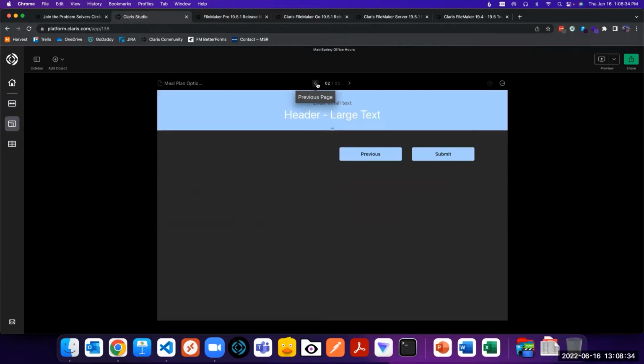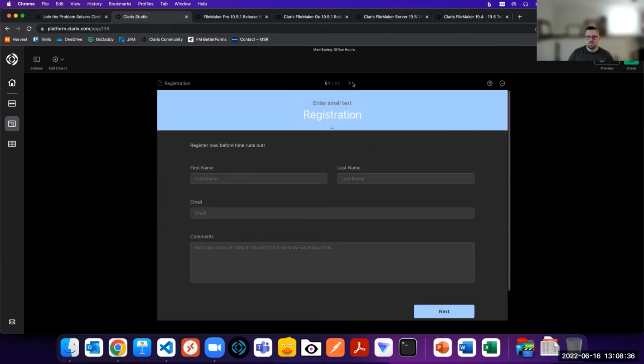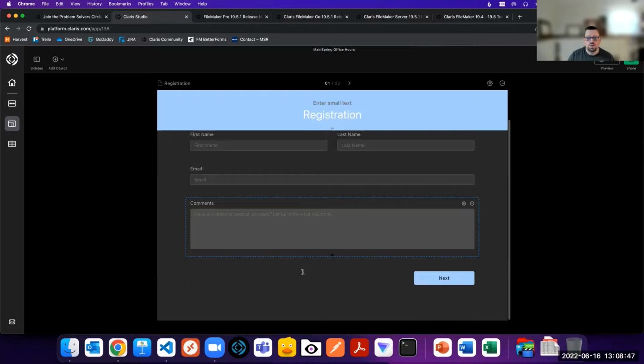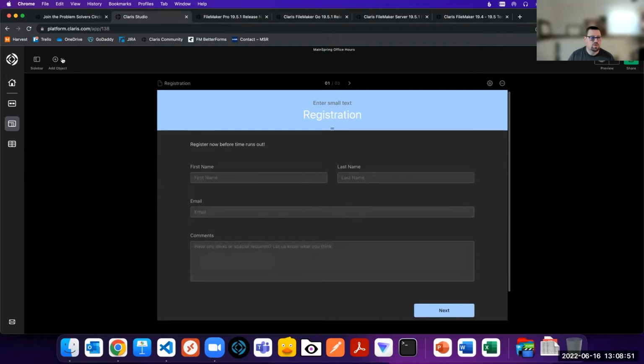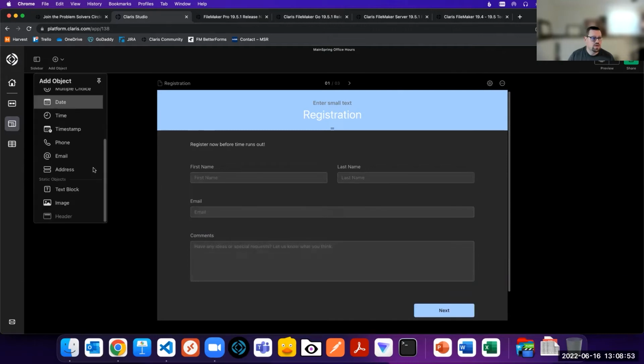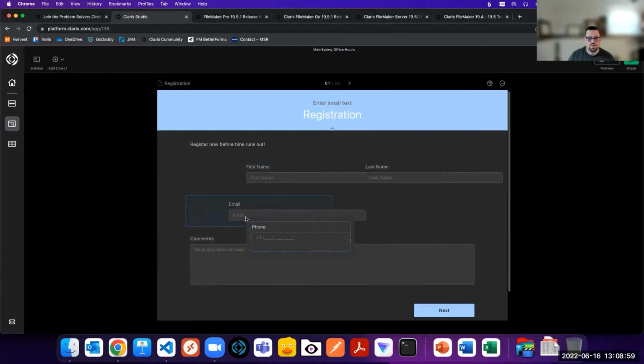So you can see this page editor is also paged. I can go through all 3 pages at once. And now I have this form editing surface here. So right now I don't have my phone number in here. So right now I have email. Let's go ahead and add our phone. And you can see it's